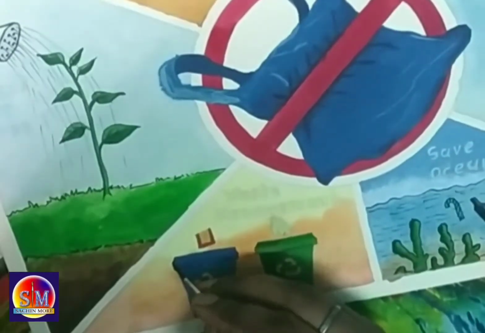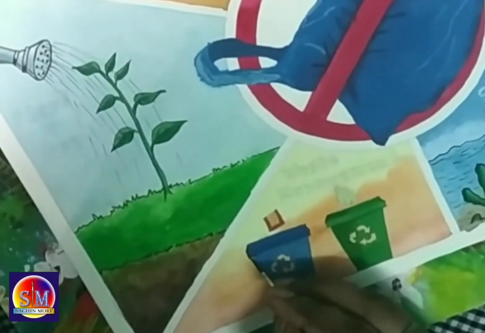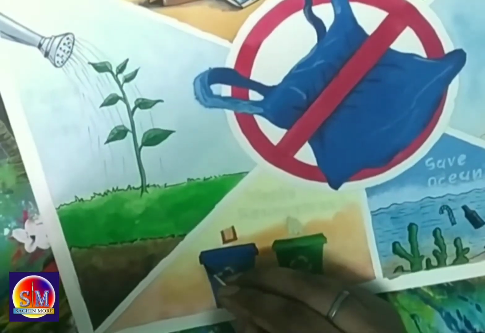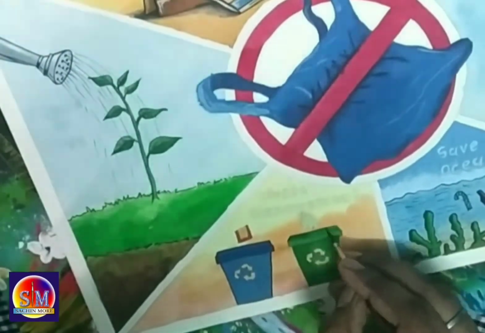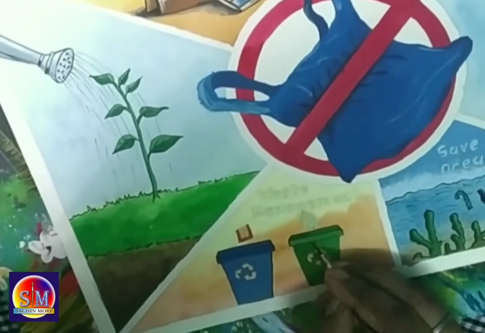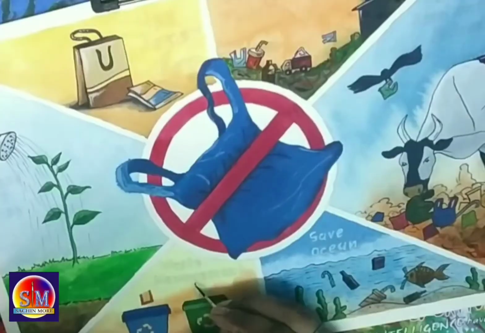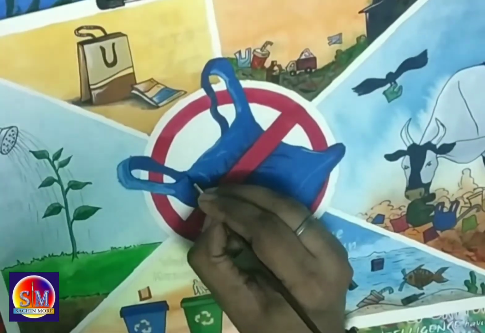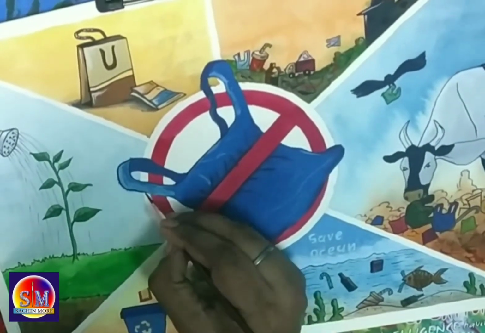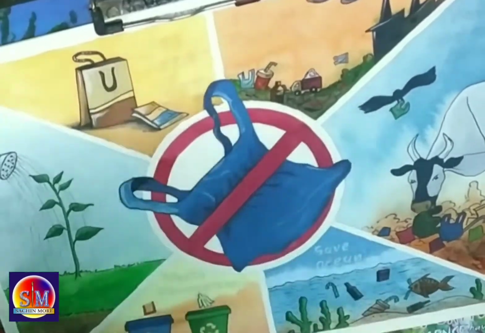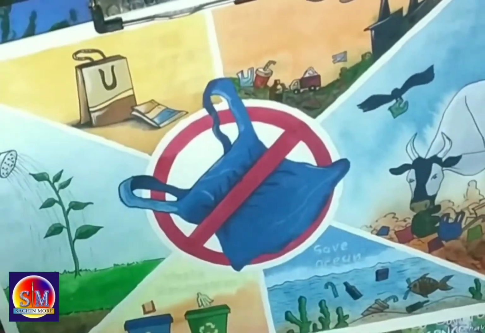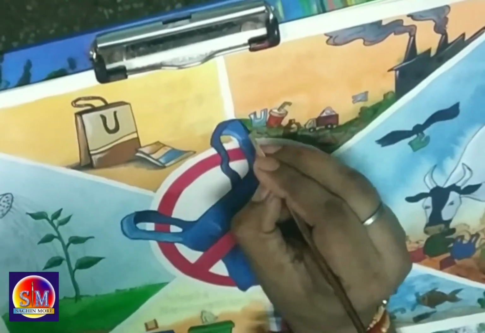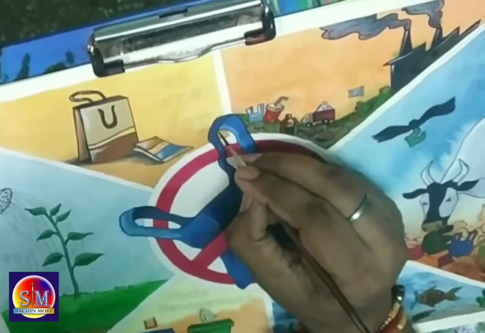This dustbin has different shapes. I am showing this kind of dustbin, which we generally see in our areas, and some objects related to these dustbins. Like for the blue dustbin I am showing a plastic wrapper, and for the green dustbin I am showing banana peels, which you have to throw in a dustbin, and you need to understand the difference between all these things. This is the detail we are giving to the plastic bag. Now it gets a proper look, which you have to stick in a cross.